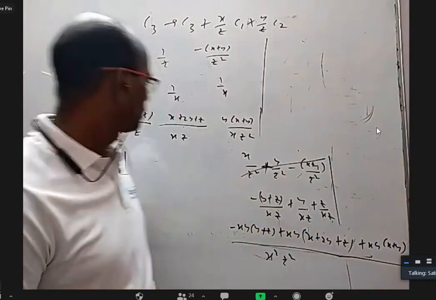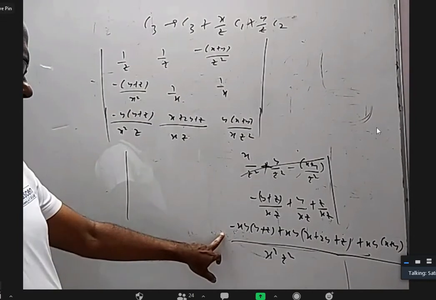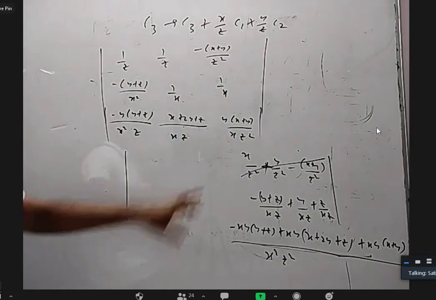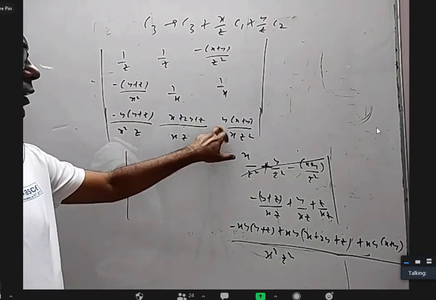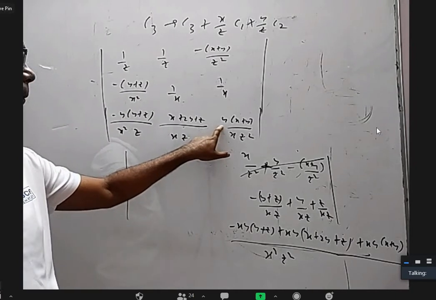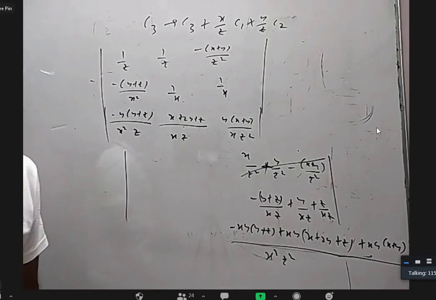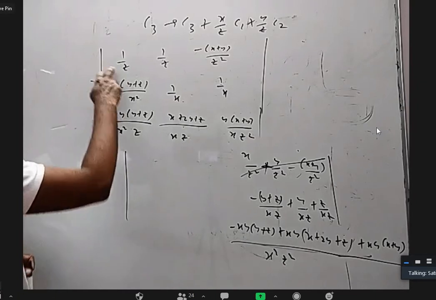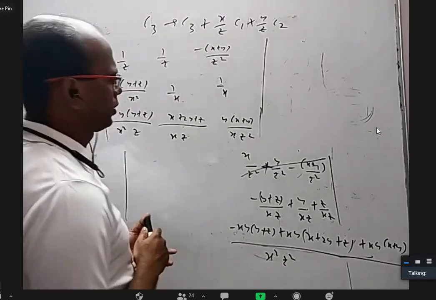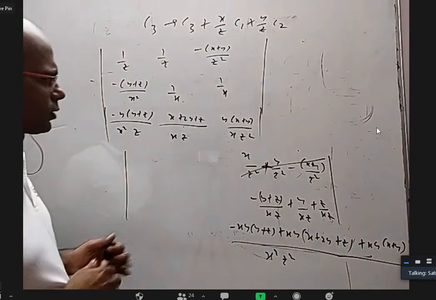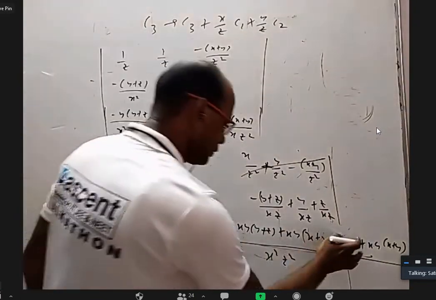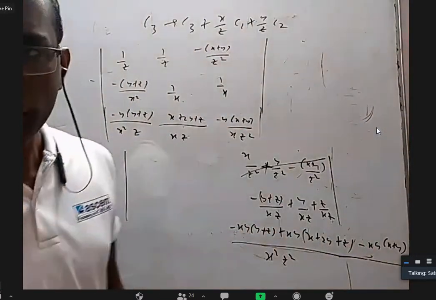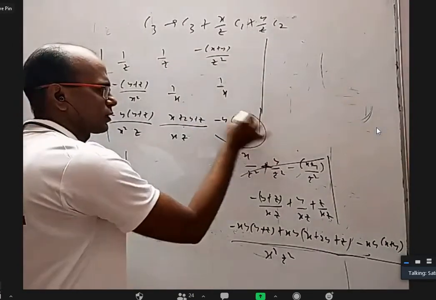Why? But this is minus. Is there any minus here also? Can somebody see, is there any minus here? No, sir. Also, there's no minus. Okay. And maybe is it a typing mistake? I'm thinking that 1 by zx. Maybe if there is a minus here, what would have happened? This together would have got cancelled with this. Sorry, this is a typing mistake, sure. There should be a minus here in third row, third element.